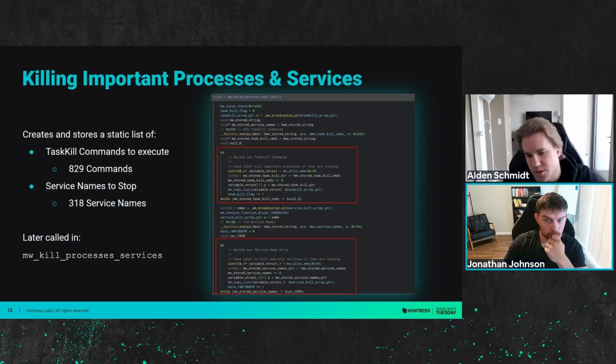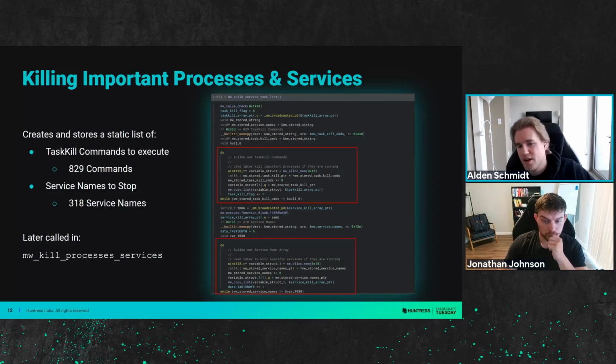Yeah, and if I could just double tap on that really quick. The services that they're actually choosing to stop aren't all security products necessarily. There's a lot of stuff like SQL servers or hypervisors or things like this that are generally going to have some sort of data living in memory. So if you think of some SQL database that has stuff living in memory,